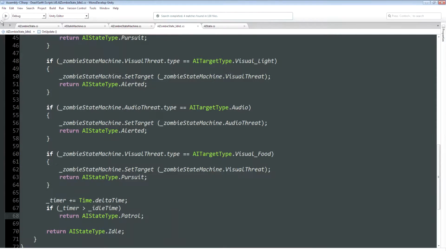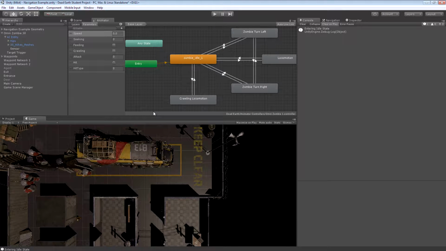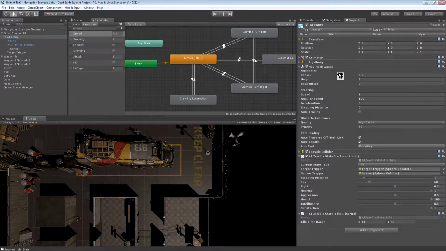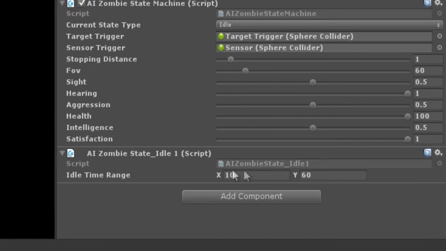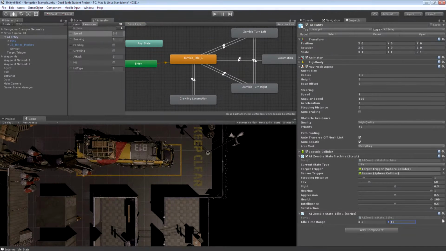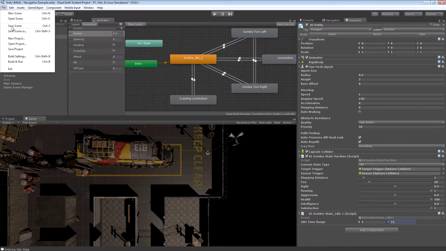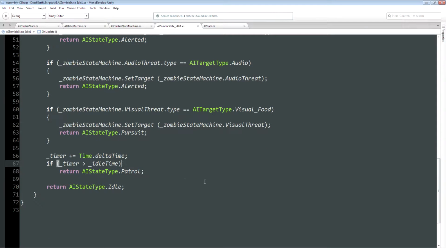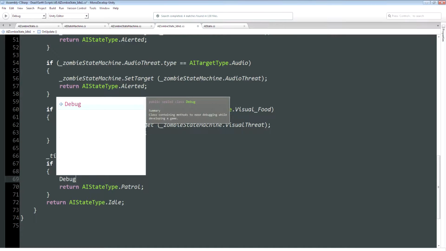Save that off. Okay, now nothing's going to happen yet except us trying to transition from idle into a load of states that don't exist. But what I'm going to do for now is I'm going to select the AI entity, and in the inspector I'm going to set the idle time down to something really small, like 5 and 10 seconds. So it's going to be an idle time somewhere between 5 and 10 seconds. And just to check that this is working, the whole bit that keeps track of time is, although we can't actually transition into a patrol state, because there is no patrol state,